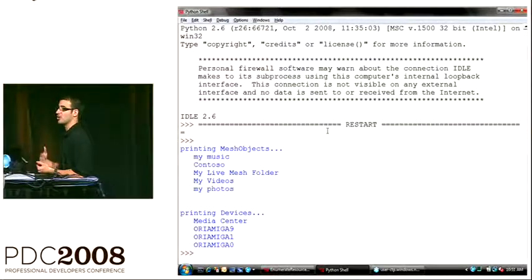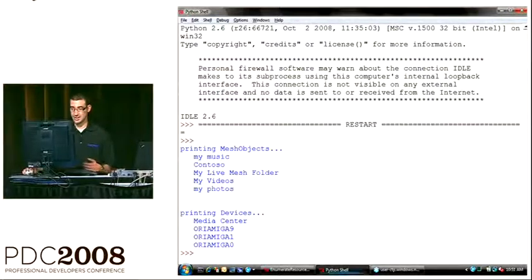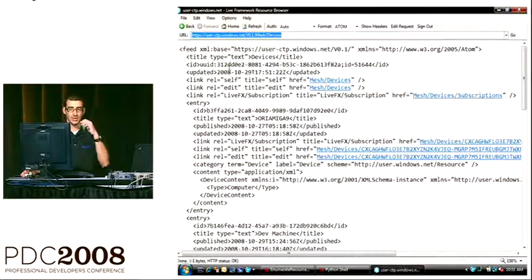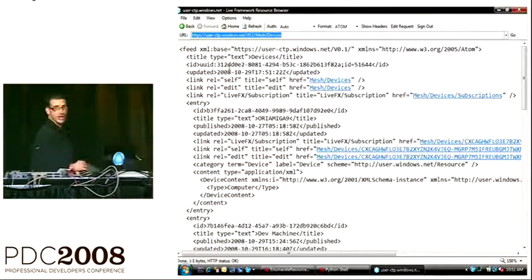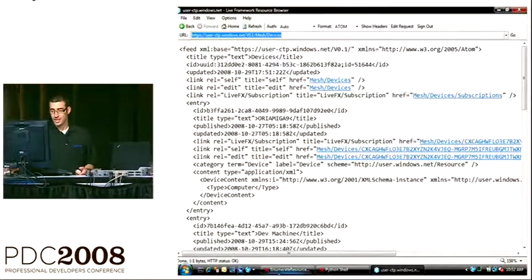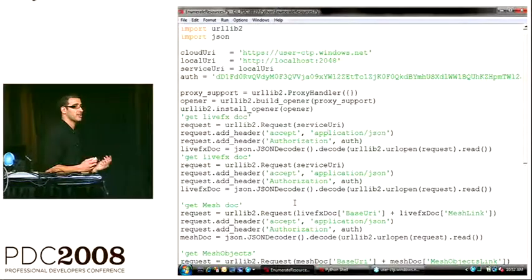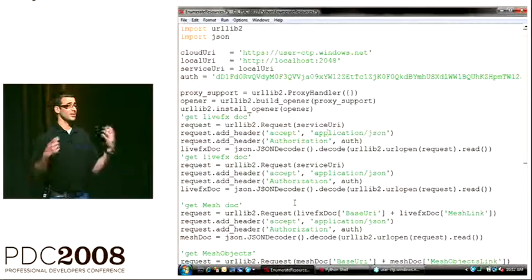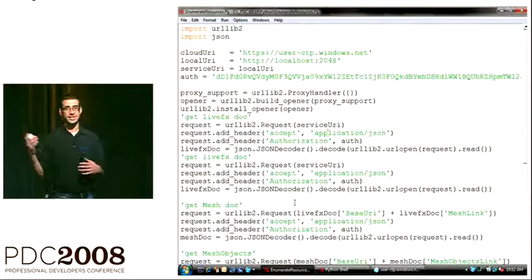I don't have to make a network call. I don't have to get auth tokens. I get it, and it's instant. And of course, it's exactly the same data as if you're browsing that data model in the cloud. Now, interesting thing about latency, if you are talking to the local client, sometimes you have to be aware whether or not your data is being synchronized instantly. You can ask if you're offline or not. You can check for state. You can check for conflicts. You can resolve conflicts based on data that's local,